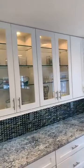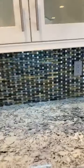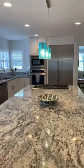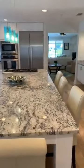glass doors on some that are lit from the inside, great-looking granite. I love this backsplash. It looks like ribbon candy from Christmas, but it's very, very dramatic, yet subtle, and follows the soft tones of the home in general. You'll see the aqua pendant lighting that is over this extensive island that has cabinetry on